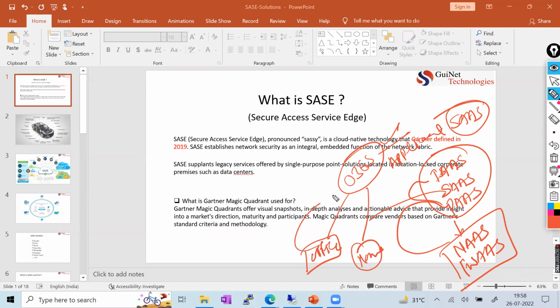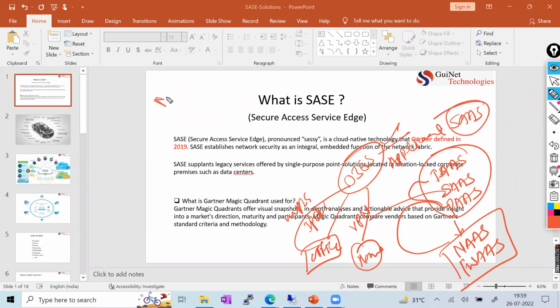Based on that SaaS application, you are accessing it from your office or from your home, anywhere. If you're accessing from the office, you just have to build the connection, either an MPLS connection or an IPsec connection, which is very secure. If you're accessing from home, you just have to make sure you have a VPN connection, with solutions like Cisco AnyConnect, SSL VPN, GlobalProtect, or Zscaler Private Access. Either way, you access your Office 365, which is a SaaS-based application.